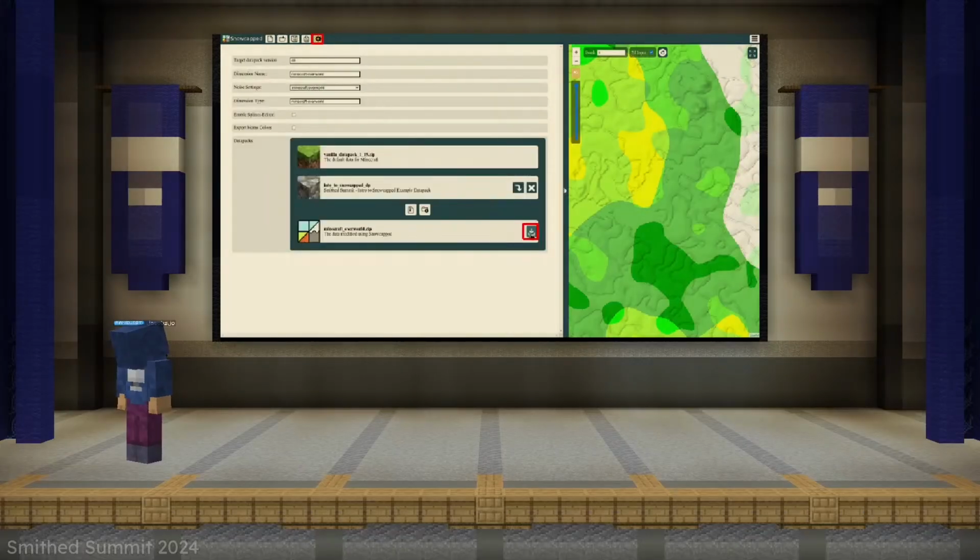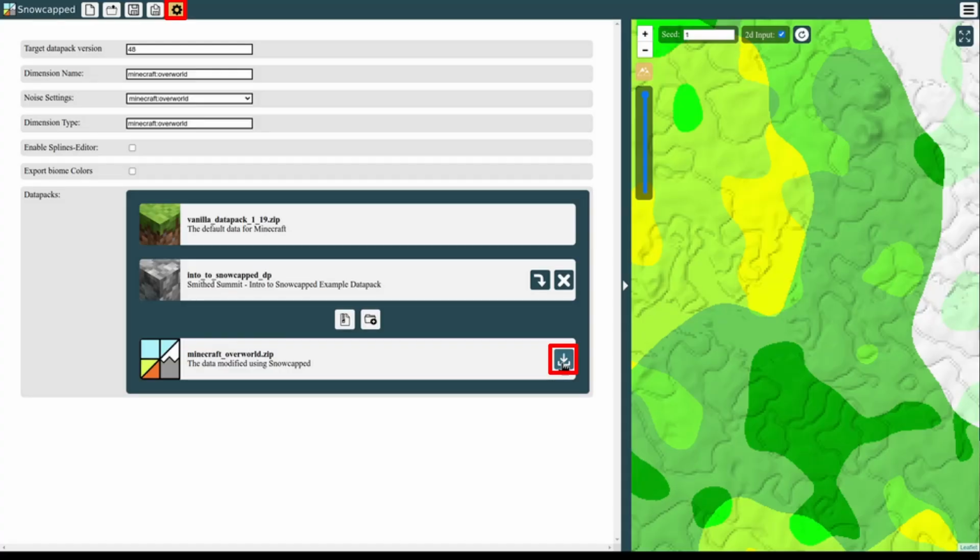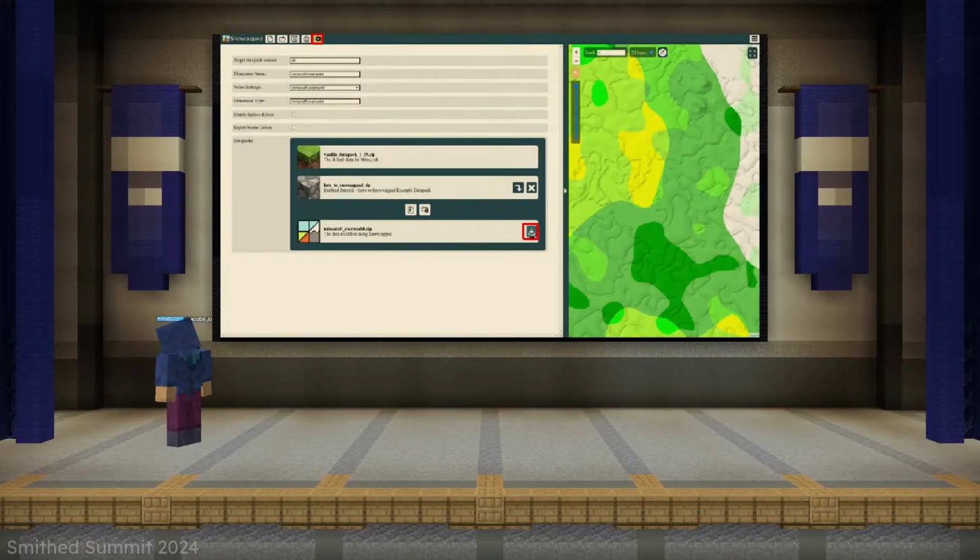So how do we do that? Go back to our settings and then just click that download button on the Snowcapped data, and that just downloads a data pack that you can directly add to your world and it will work. You need to remember that you also want to add the simple terrain data pack because that isn't included in the download here. You also should remember that